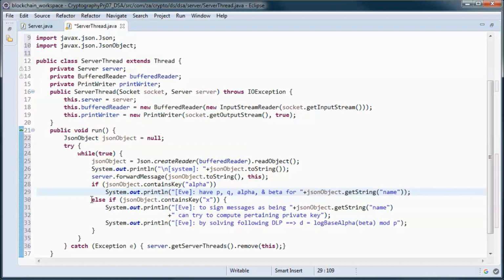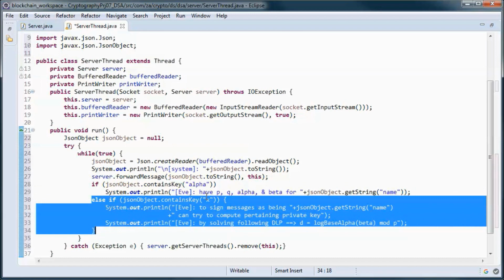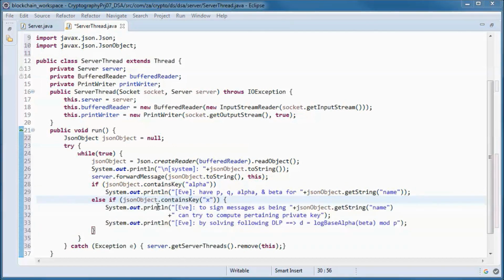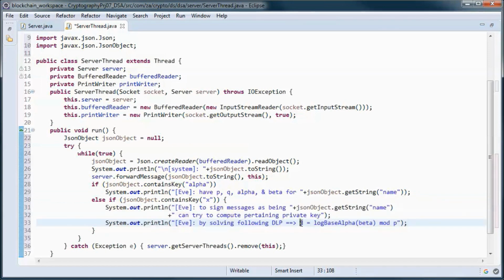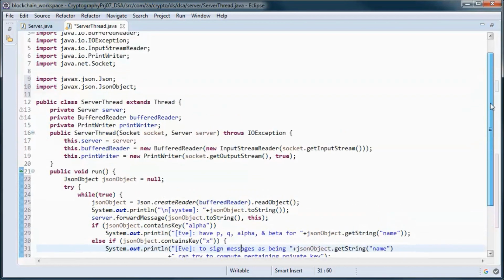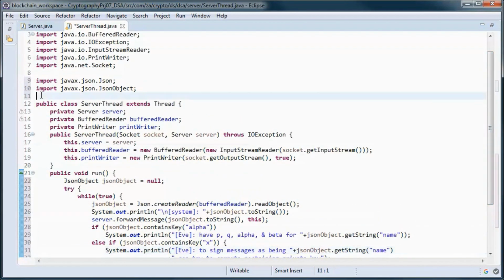And then if that message contains h of x, then we indicate that Eve needs to solve this discrete logarithm problem for Alice or for Bob in order to sign messages as being Alice or as being Bob. So this should do it for the server code.